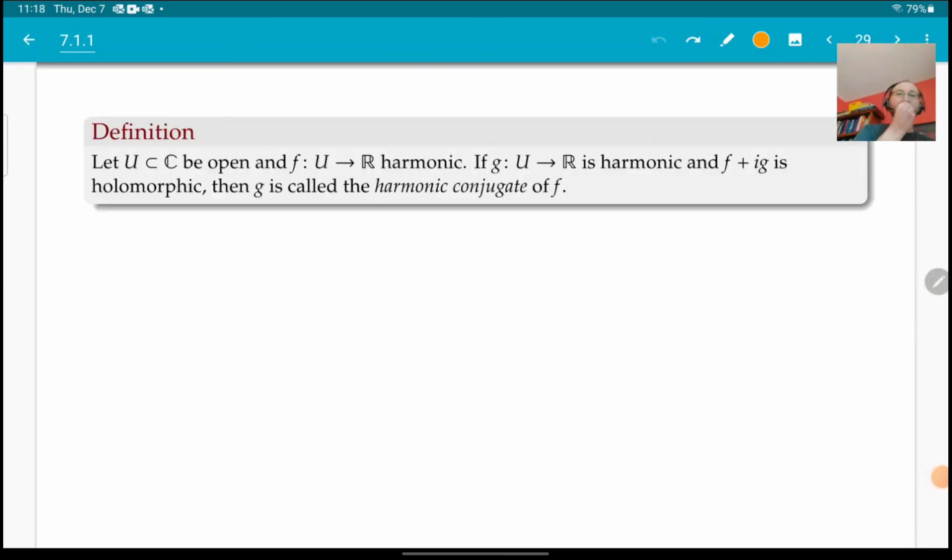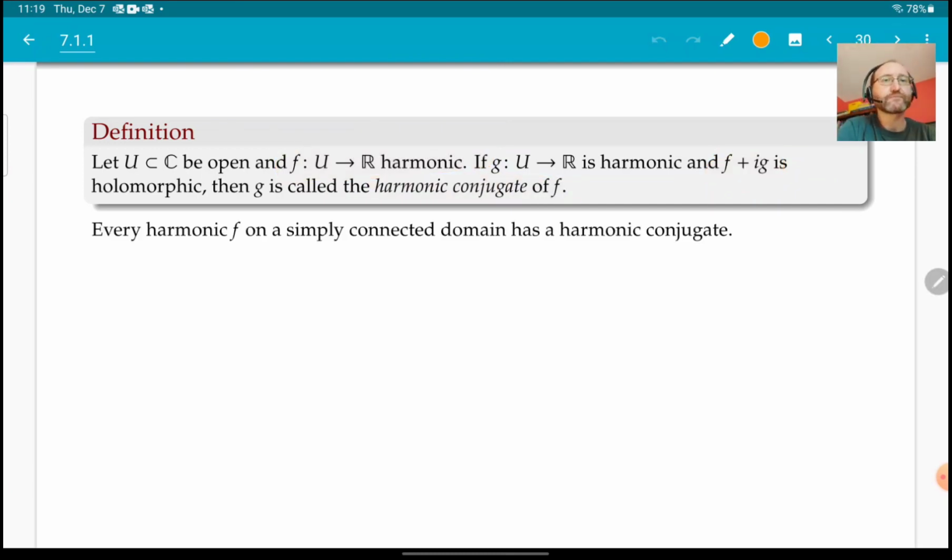All right. So suppose that we start with a harmonic function f, and suppose that we have another harmonic function g such that f plus ig is holomorphic, right? Basically, we know that harmonic functions are real parts of holomorphic functions. So g is that imaginary part, right? So we give this a name. We call it the harmonic conjugate of f,